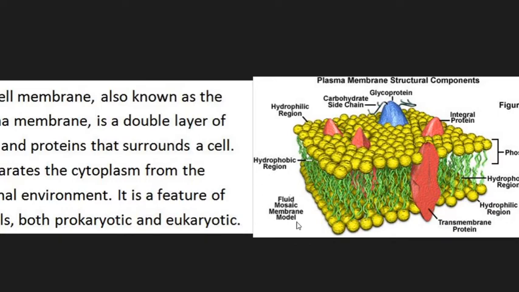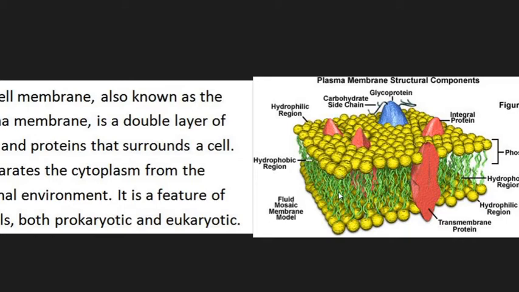So basically, we can discuss its detailed structure by a model known as the fluid mosaic model, which was given by S.J. Singer and G.L. Nicholson. It is double layered, which is also known as bilayered. By bilayered, we mean it has two layers. So its chemical composition is